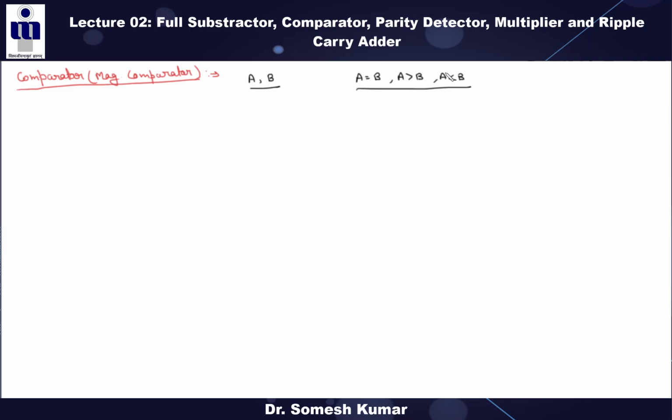If we are saying a one-bit comparator, what is the meaning of that? It means A and B consist of only single bits, right? That is called the one-bit comparator. And if we are saying a two-bit comparator, it means A and B consist of A0 A1 and B0 B1, right? So these inputs A and B consist of two bits. This is the meaning of a 2-bit comparator, 3-bit comparator, and so on, n-bit comparator, right? So first we will discuss the 1-bit comparator.